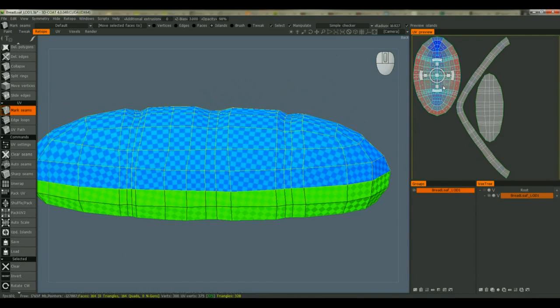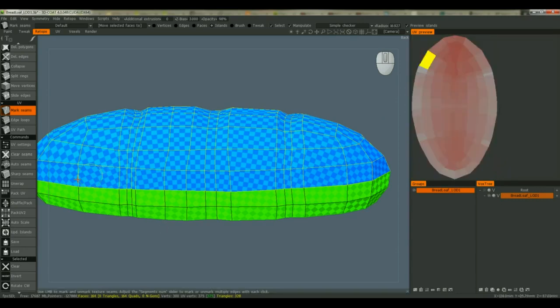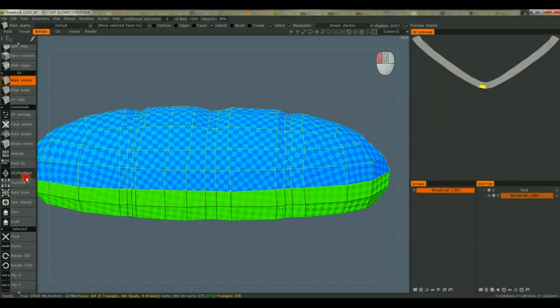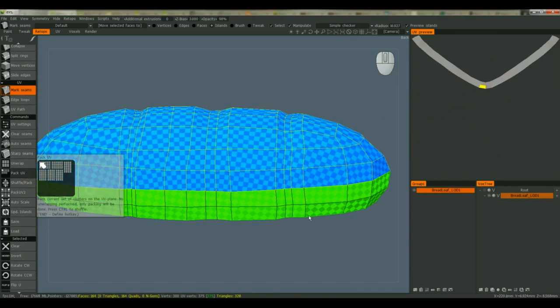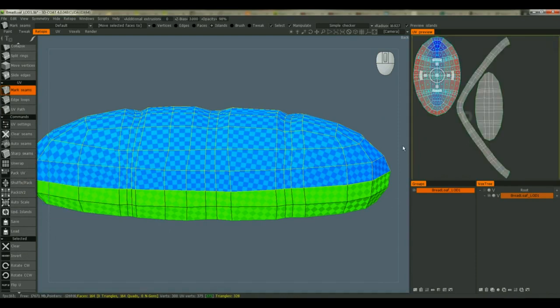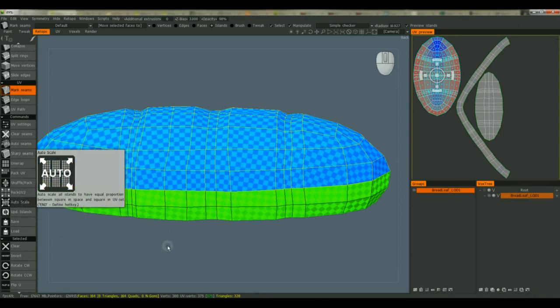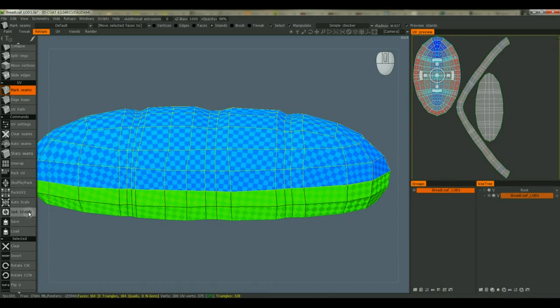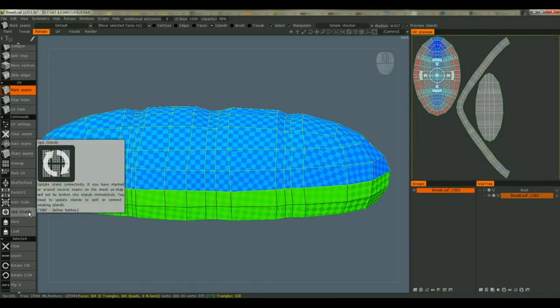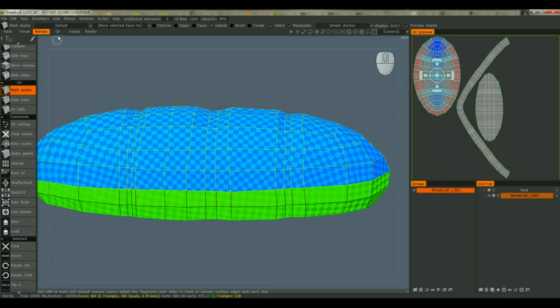And you can literally go in here and adjust the width, scale, and rotation of your UV islands. You can adjust points, vertices, and move them manually if you want. Another thing you can do is pack UV. If I click on that, it'll pack them in any number of ways. There are different packing algorithms here, and you can also scale them or auto scale them. But until you update the islands, these UV seams and layout will not be committed to the